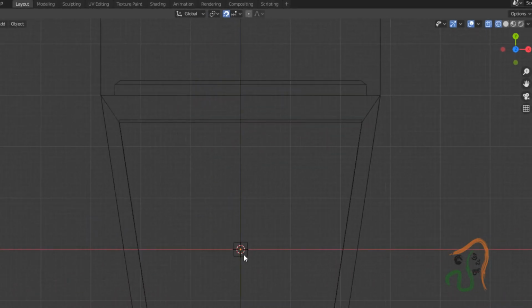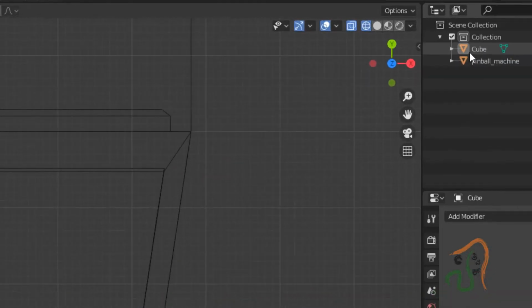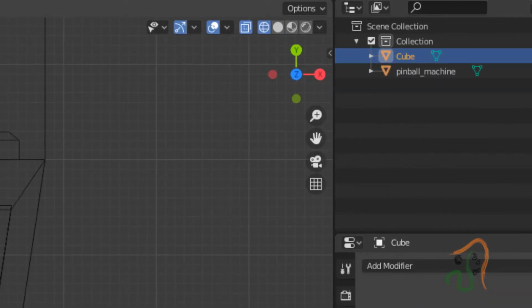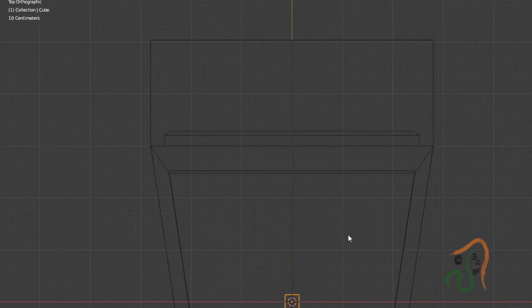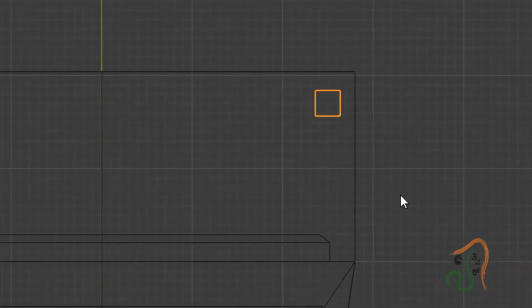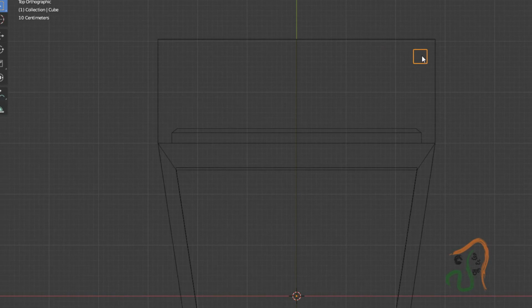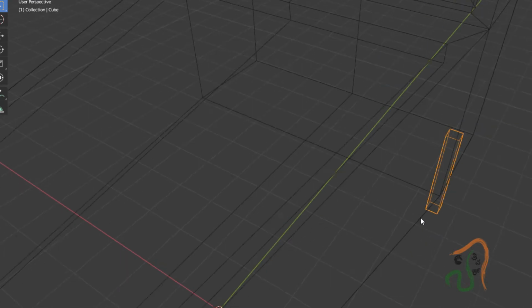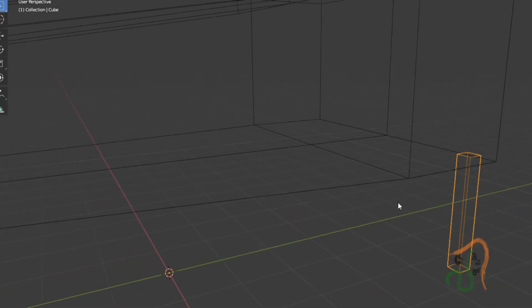Okay, here is the leg. So this leg is the cube. Select this cube, and now let us press G and move it and place it somewhere here. Afterwards press Ctrl A and apply location. When you press Ctrl A and apply location, the origin point will be here only. Once we apply this, we have one leg here.